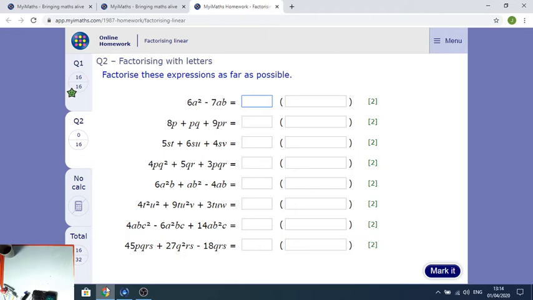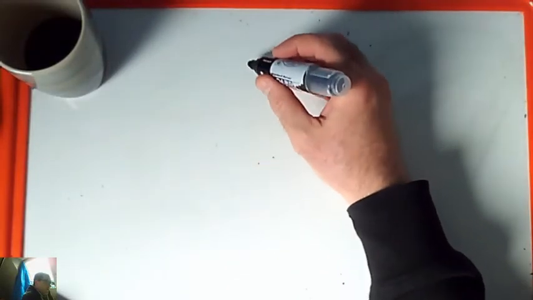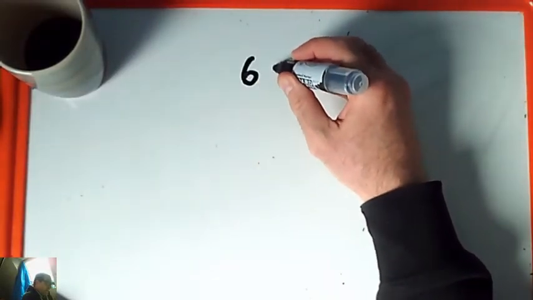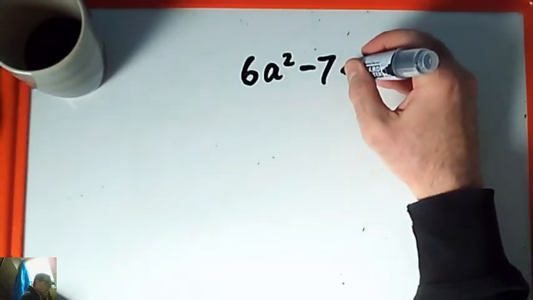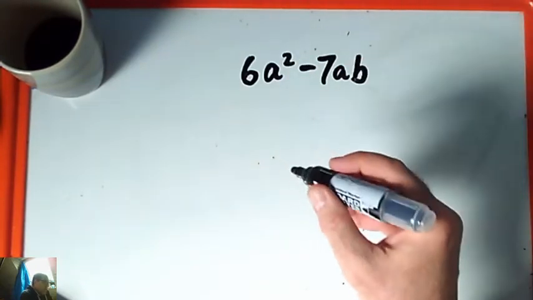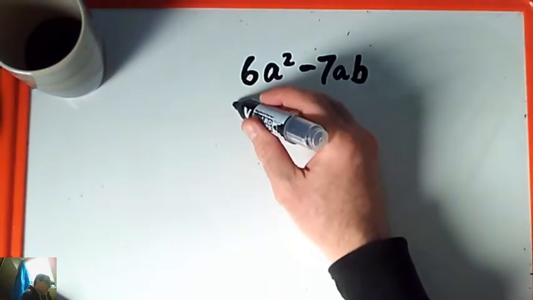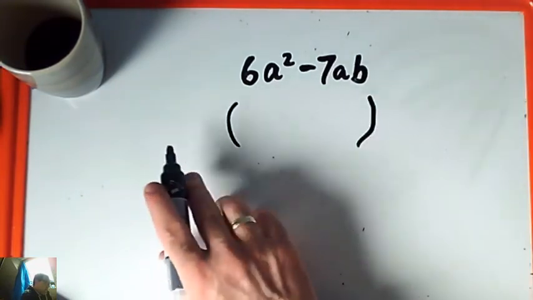So we've got question 2 of the factorising linear exercise from my iMaths. It's a little bit more complicated because it's got lots of letters in it, but I'm going to go to my whiteboard and do these one by one. And the first question was 6a squared minus 7ab. So I'm looking for something that can be taken outside the bracket